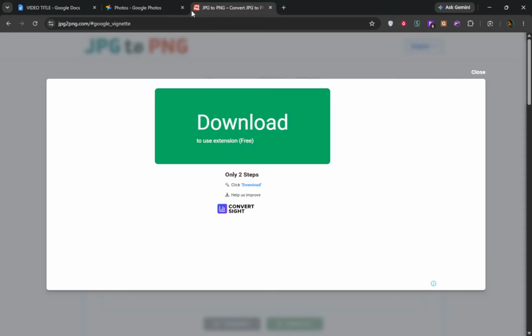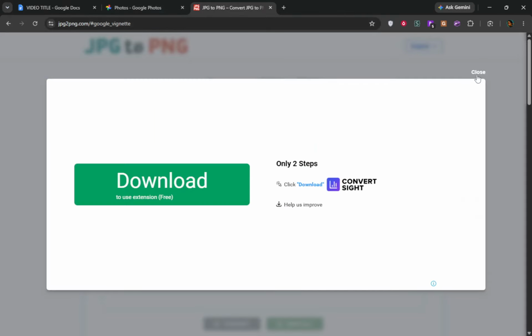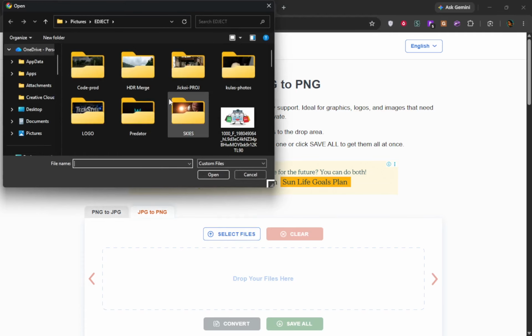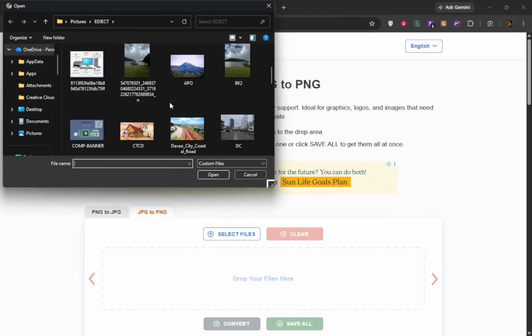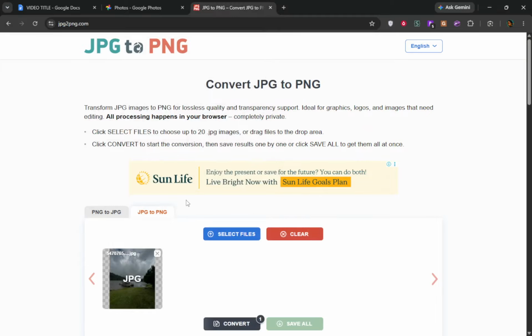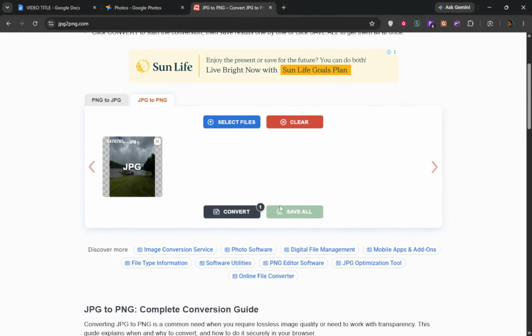Once the website is open, you will usually see a button that says something like Upload or Select File. Click that button and navigate to the JPG file you want to convert. Uploading the file may take a few moments, depending on your internet speed. After your file is uploaded, the next step is to select PNG as your output format. This is often just a matter of clicking a button or choosing from a drop-down menu. This step is essential because it ensures that your image is converted into the desired format.